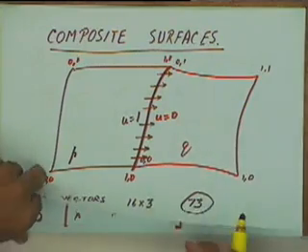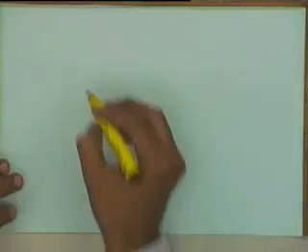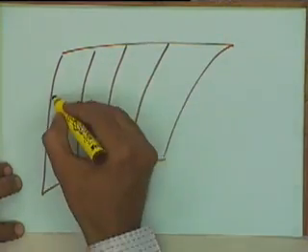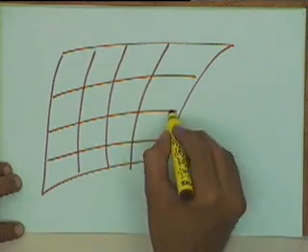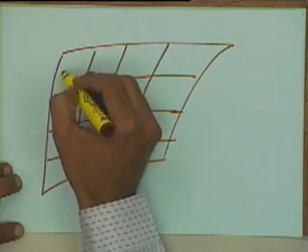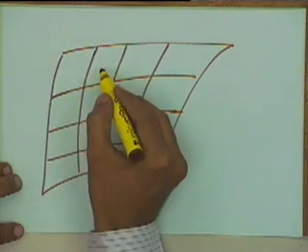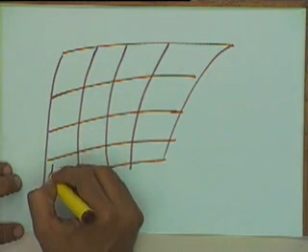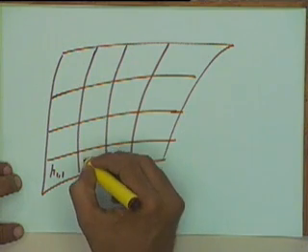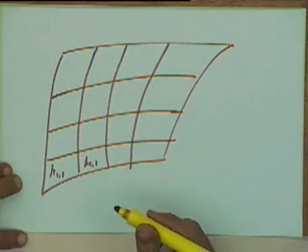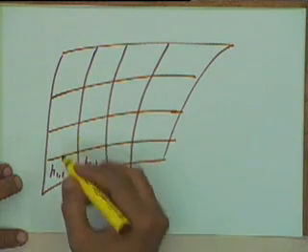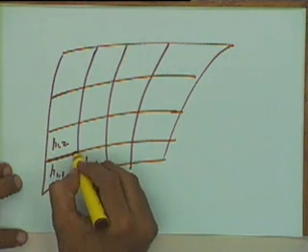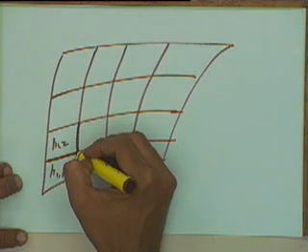And this concept can be extended further to having an array of composite surface patches, where each segment that I made here is a surface patch having a C1 continuity along this edge for the next one. Let's say I call this a P11 surface patch, this is a P21 surface patch, and so on. This is a P12 surface patch, and between these two we will have a C1 continuity over here. Between these two we will have C1 continuity along this edge, and so on.